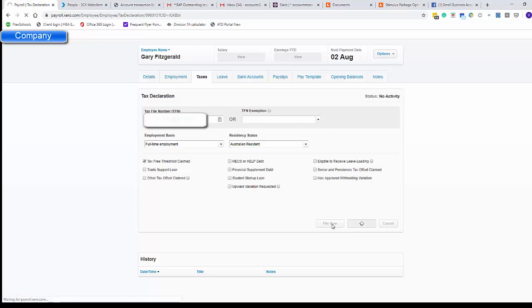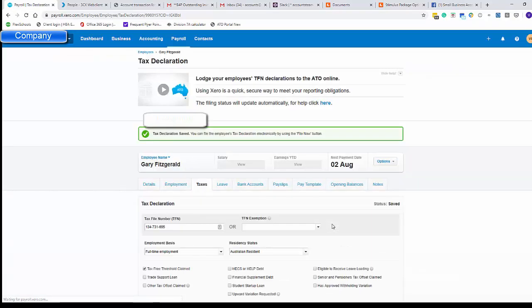But if this is someone who's been with your organisation for a long time, we don't want to file it now because we don't want to run any flags with the tax office. From there, we can go